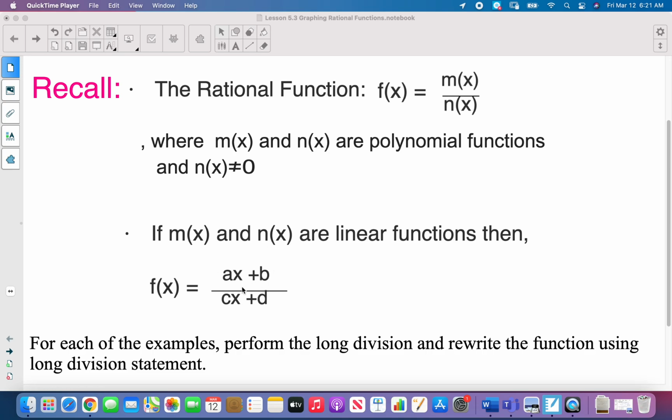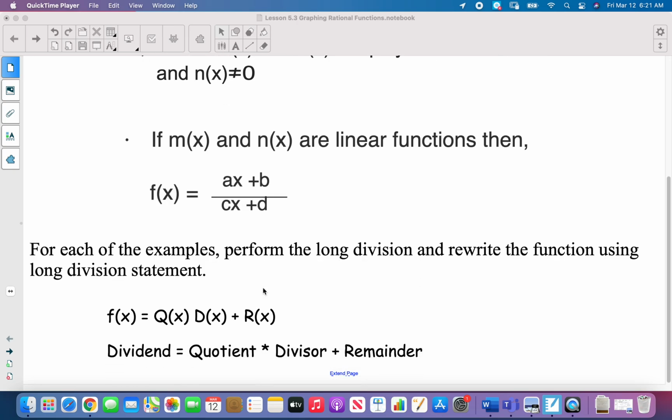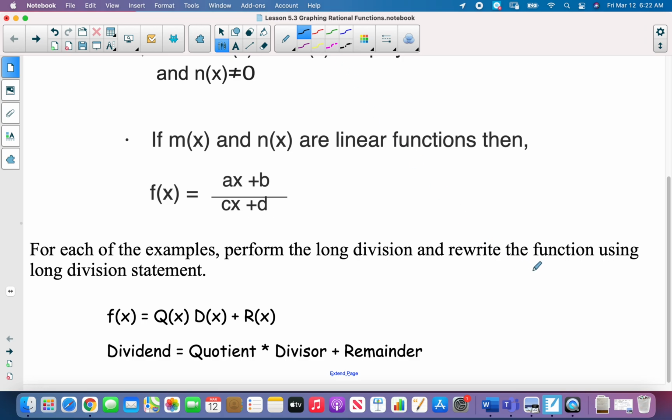And what we're going to do is when we find that the numerator and denominator are linear functions, then we can rewrite them by doing long division. So if you remember, when you do long division, we will get, the dividend is equal to the quotient times divisor plus remainder. So if I were to give you an example, let's say if you were dividing 7 divided